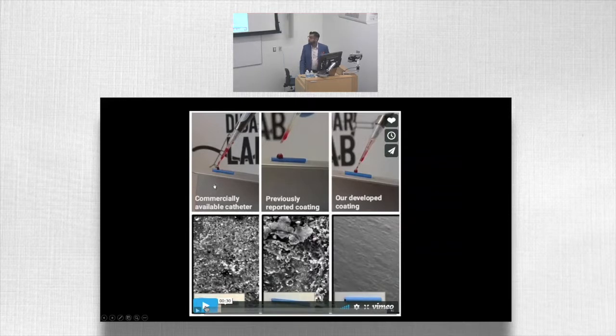In the left corner is a regular catheter used in coronary angiography, an uncoated catheter. In the middle is the same catheter coated with an older generation coating, and in the rightmost side we have an omniphobic coating that we developed, which is gas deposited onto the catheter